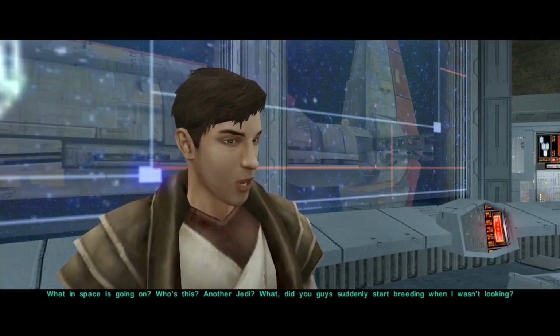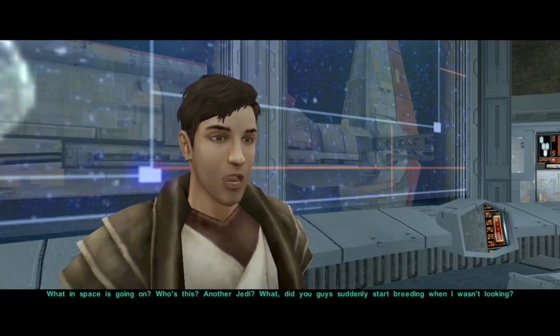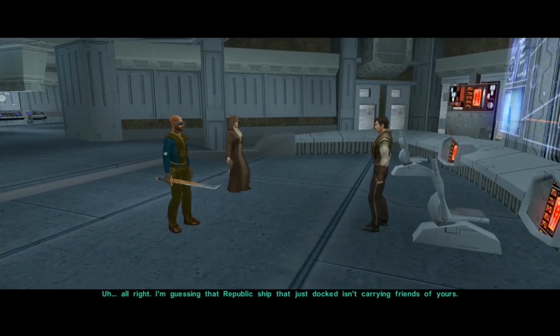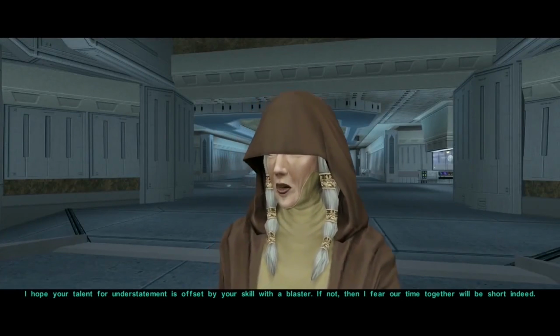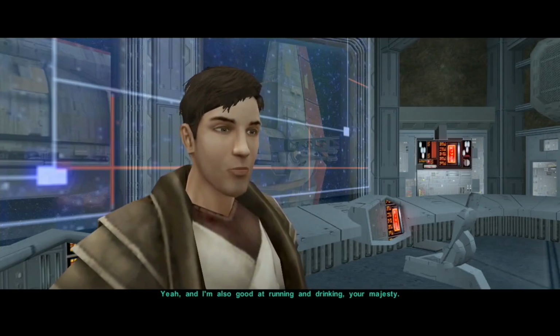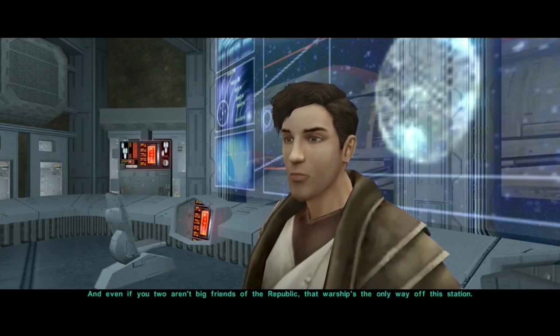What in space is going on? Who's this? Another Jedi? What, did you guys suddenly start breeding when I wasn't looking? Don't worry about it. No time to explain. Grab a weapon. Alright. I'm guessing that Republic ship that just docked isn't carrying friends of yours. I hope your talent for understatement is offset by your skill with a blaster. If not, then I fear our time together will be short indeed. Yeah, and I'm also good at running and drinking, Your Majesty. And even if you two aren't big friends of the Republic...